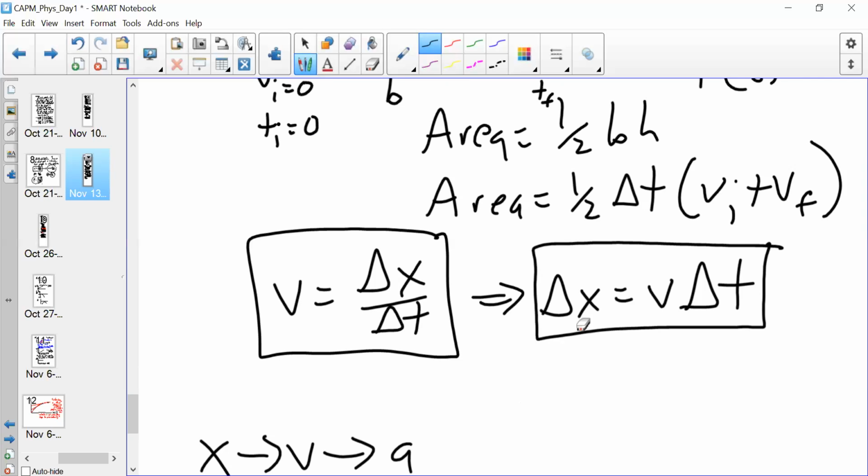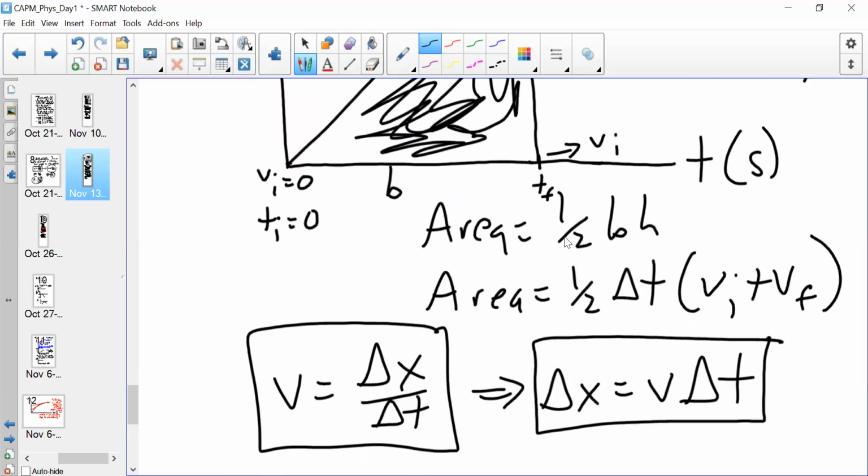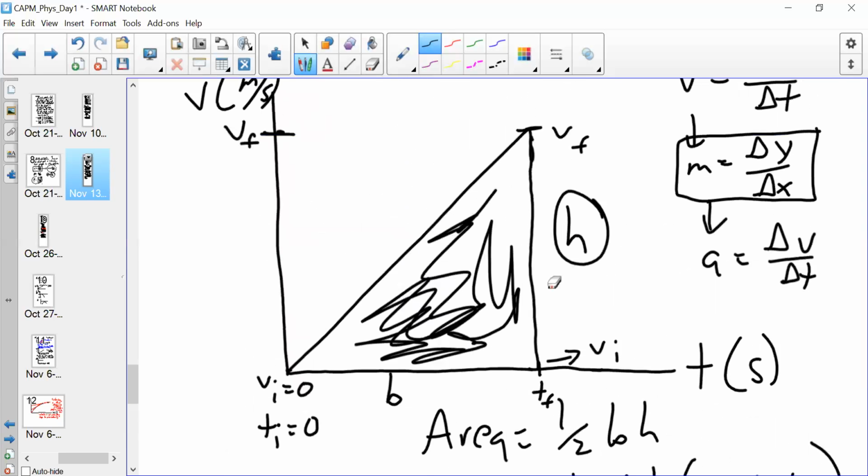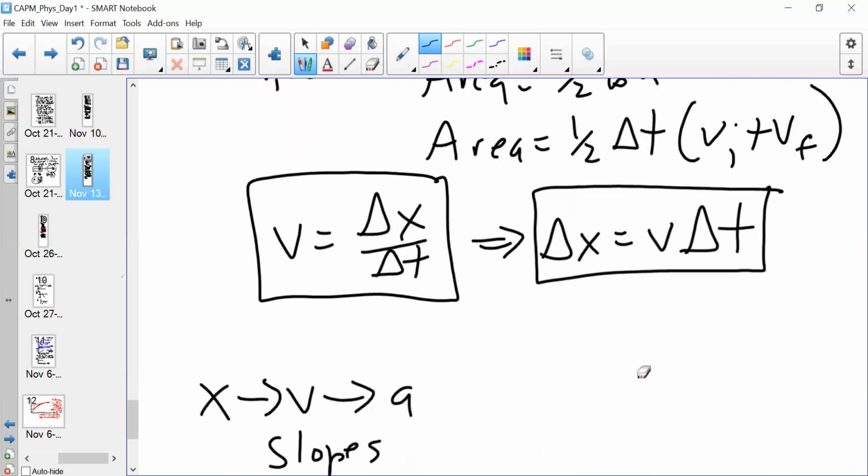Why is that? Because when we rearrange the equation, we see that delta x is going to be a multiplication, just like we have here. 1/2 base times height gives me a displacement. If I were to take the area of an acceleration time graph,